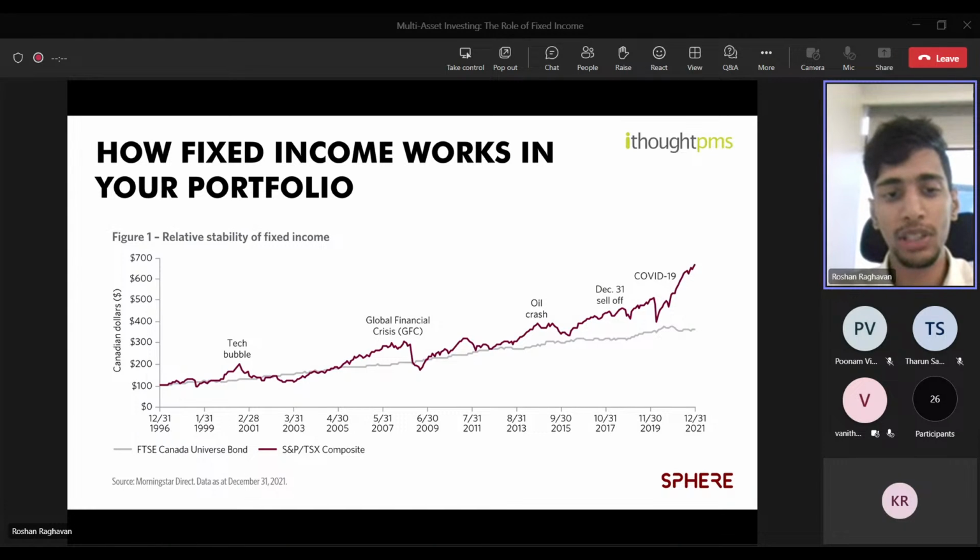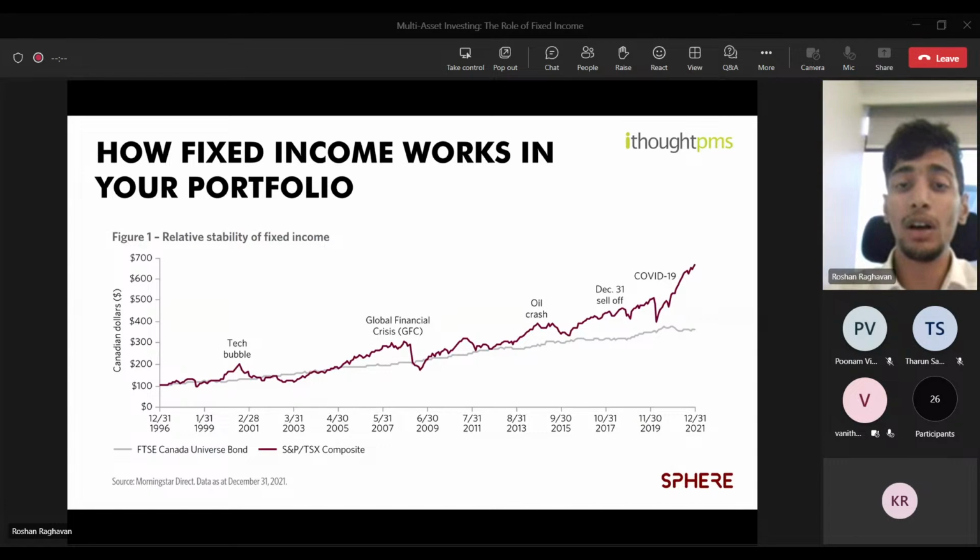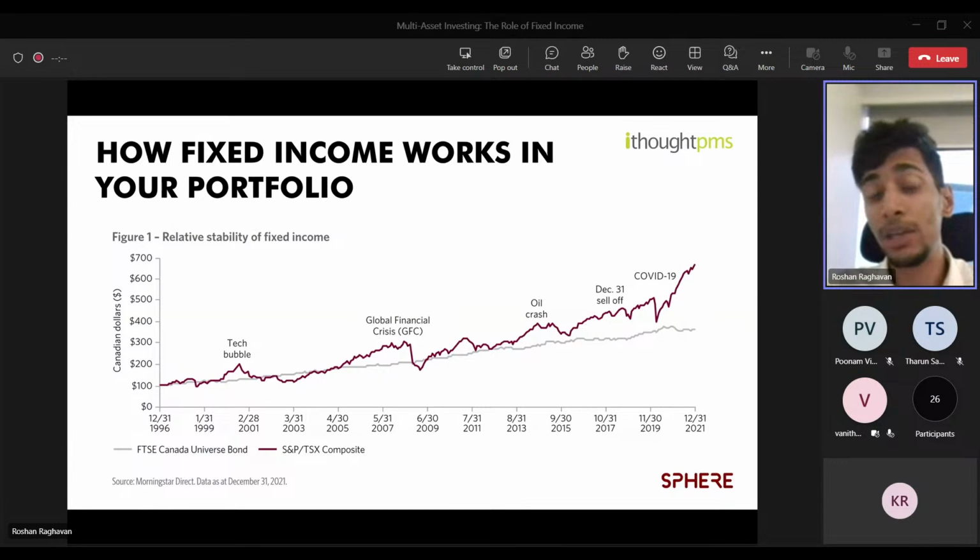And during most of the cases shown here, like the tech bubble, the GFC, right, and the December sell-off, right? So during all of these periods, there was some sort of a bubble in specific sectors, right? And it was plain as day that the valuations were on the expensive side. And as you can see, the gray line, which is fixed income, remained relatively linear throughout, right? So it would again show you the benefit of switching down when valuations become expensive, and then when assets become cheaper again, going back into equities would enable you to make that